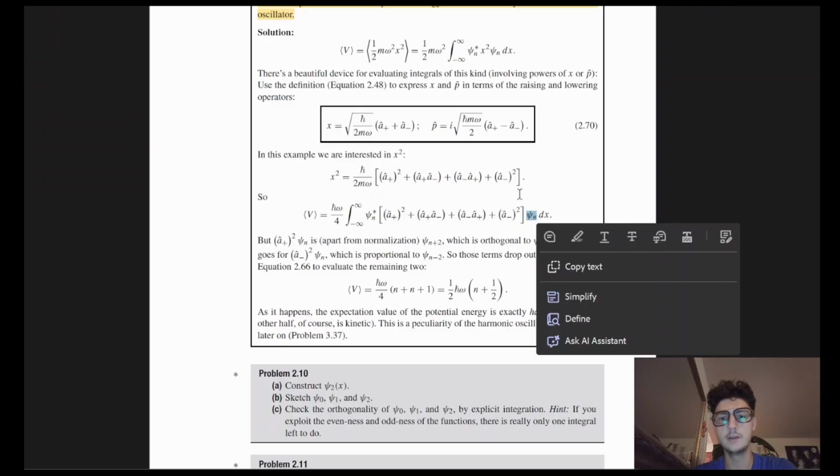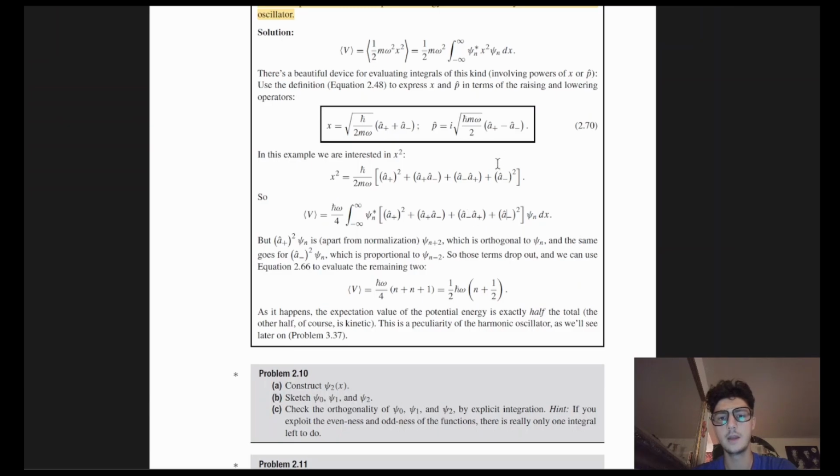You lower psi n twice. Here you raise psi n once, you lower it again, so you go back to psi n. Here you lower it once, you raise it once, you go back to psi n. Here you raise it twice. Whatever you get there, you just have 4 integrals you've got to do, but the integrals should be pretty easy